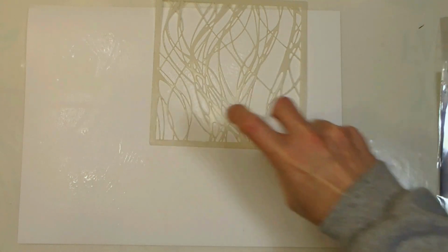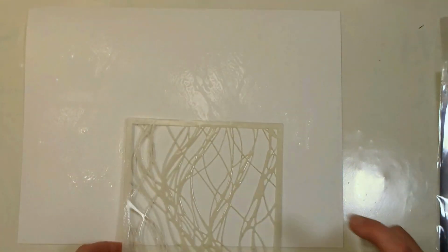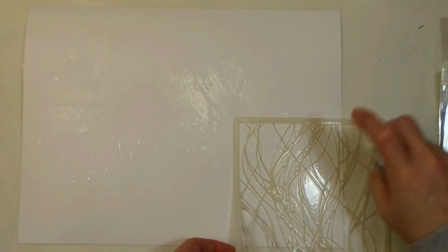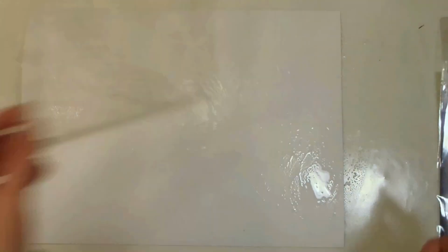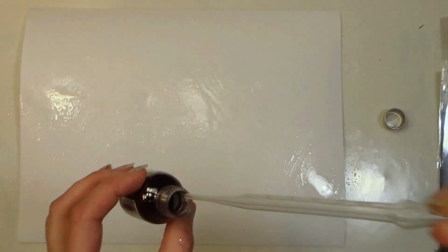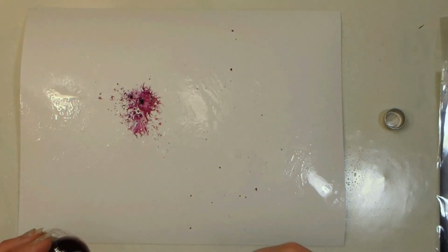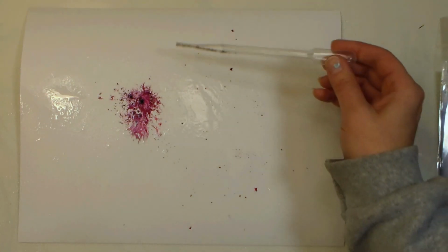So I'm starting off just by spritzing through this stencil. It's called Fibers, I believe, and basically I just want to get a random, watery imprint on my paper. Now I'm going to apply my first pigment powder, and I don't want too much to come out, so, since it doesn't have a dispenser in the bottle,